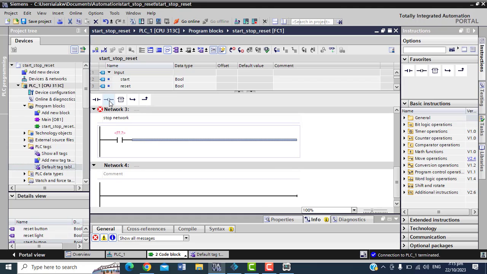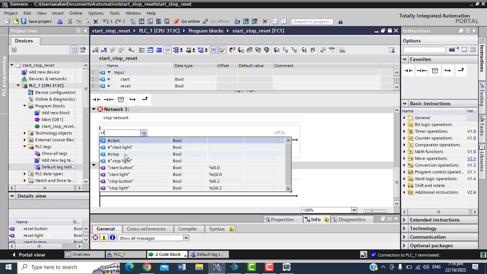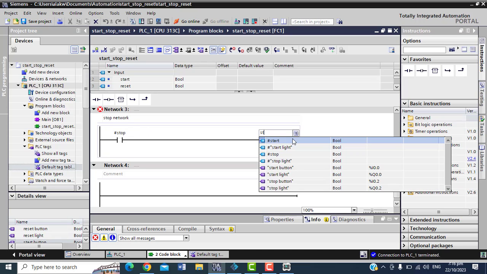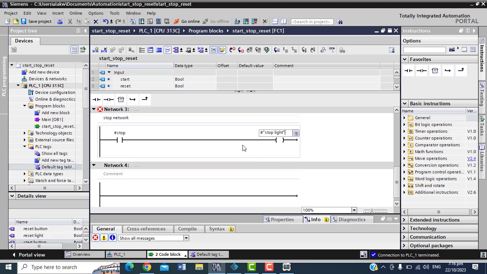So okay, if I go for my stop, because it's a normally closed button, a red button, if I connect here now, it already sends signal here. So if I put stop here, and then I put my stop light, it will happen. The red light, because the red button is normally closed, the signal just passes through. I never pressed stop, and yet I get the red light showing that I did stop mode.